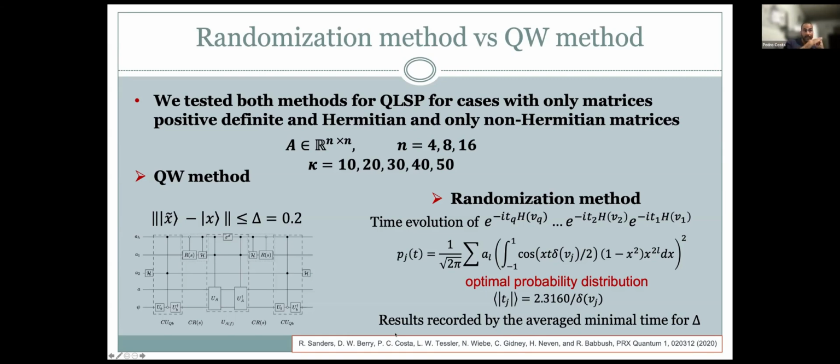So here you apply the time evolution of this operator rather than some block encoding inversion, which is going to be more costly. And we actually expect to get even worse behavior if you do the block encoding for that in comparison with the qubitization. So that's the way that we did it. We take this average of the minimal time to get the target in the randomization method, and the total walk steps to get the desired target state for the qubitization, the quantum walk method, for each instance.